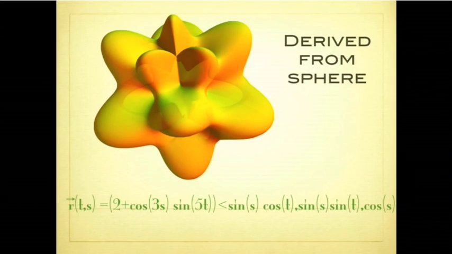Another example is, that's actually what you have seen, and most of the surfaces I've seen in the project were of this type, because they look nice, right? If you take a sphere, that's the sphere parameterization, and you just multiply it with something. This means you just make the bump, you make the radius change with theta and phi. Here s and t, I was too lazy to use Greek letters, but you see this bumpy sphere.